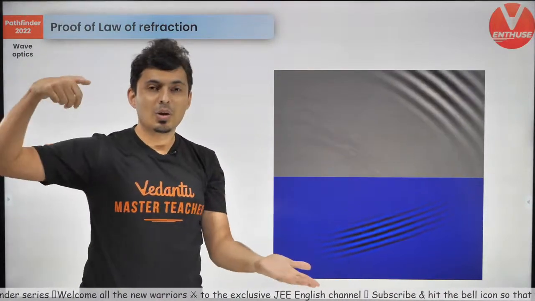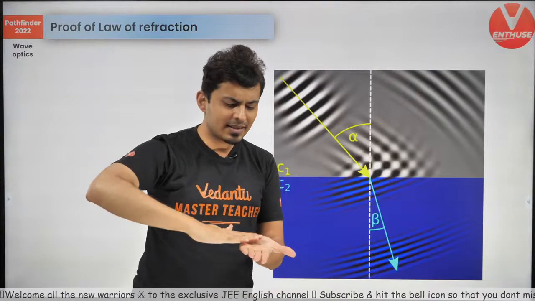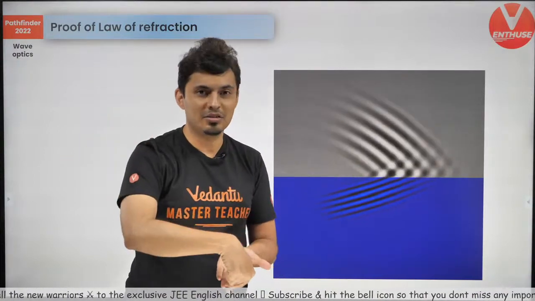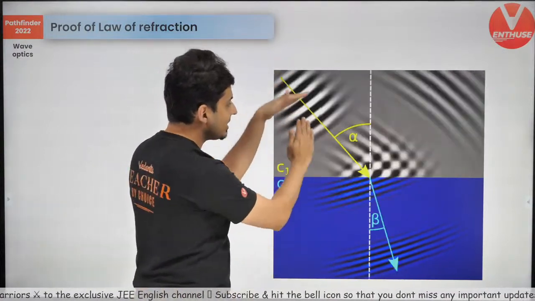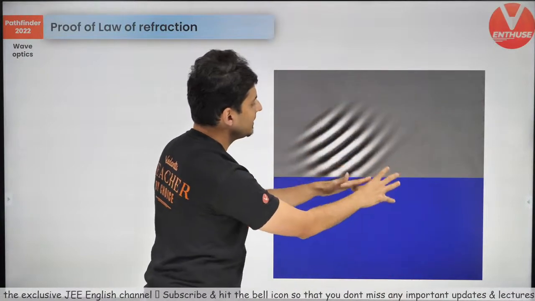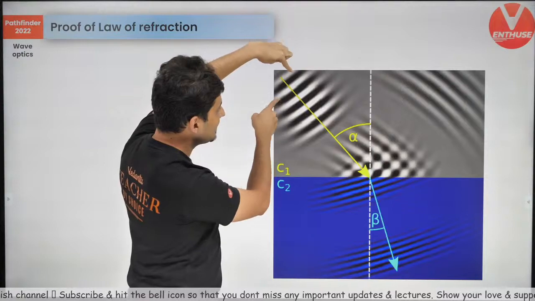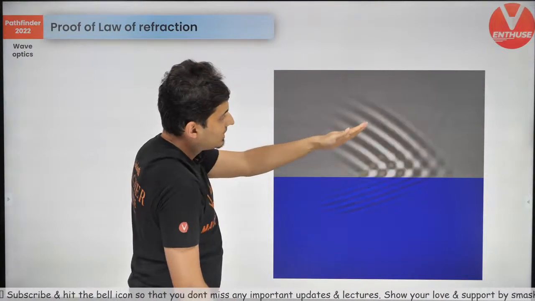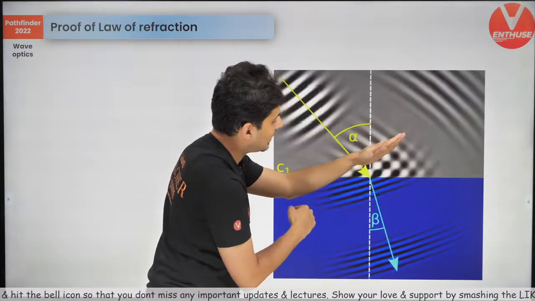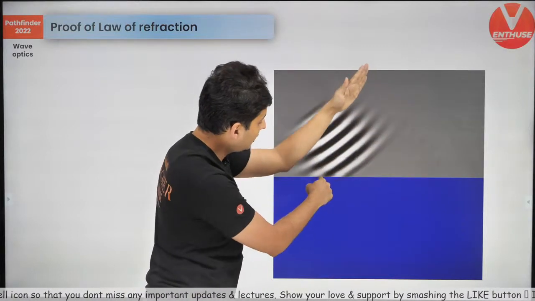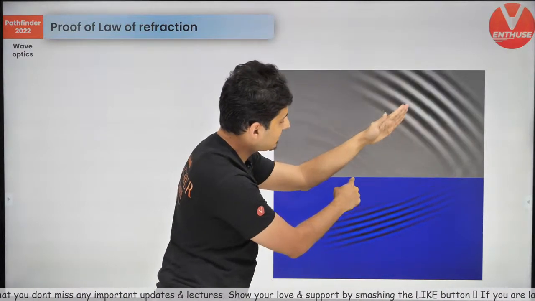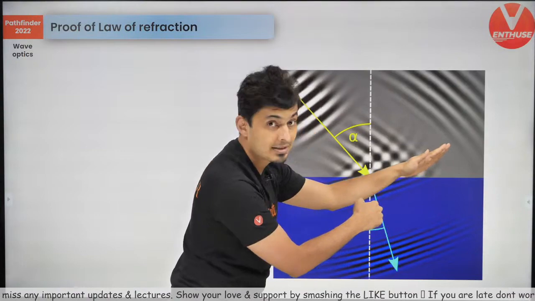Like when you hold a torch above a glass, some light gets reflected, some light passes through, correct? Same thing, some of the light got reflected, the light which got refracted, which went into the other medium is shown here. You can see the wavefronts of light start touching this interface one by one. The first point to be affected is here, the next point is here, next point is here, next point is here, next point is here.